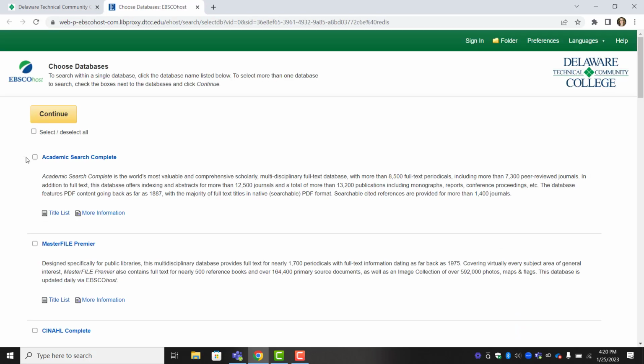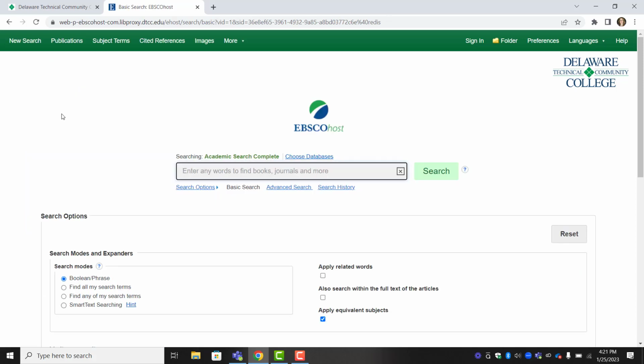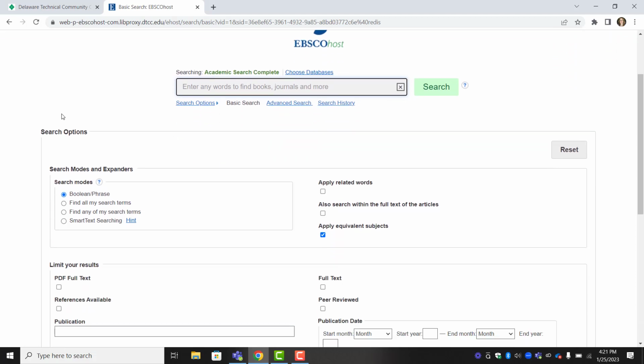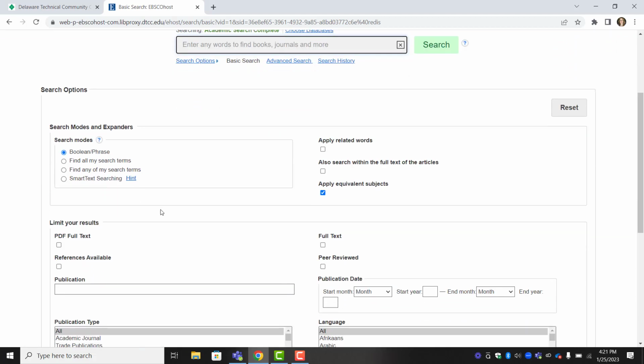Then we are going to search Academic Search Complete. So we're going to check this box and then select Continue. Now, before we put any search terms in, we want to make sure that we are going to get some good results. So we're going to go down here to Search Options. We're going to choose PDF Full Text,